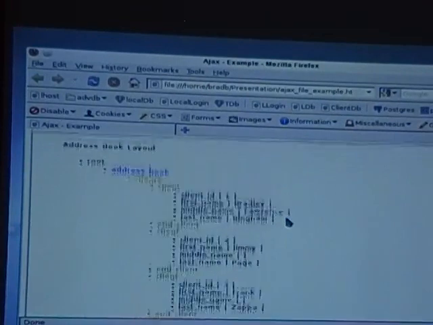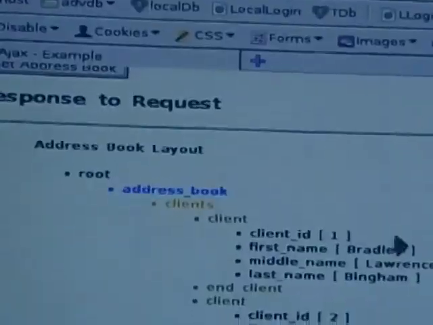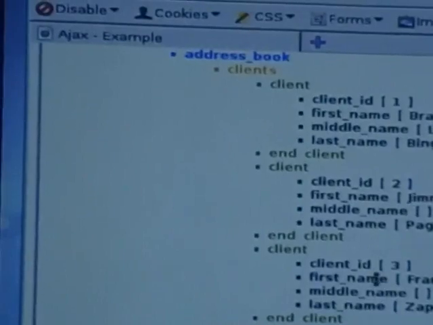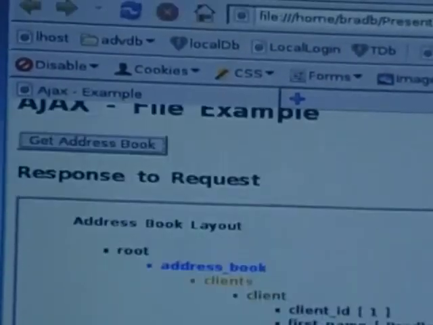This is essentially just a list of that XML definition that I showed you, where the root, the address book, the clients, the client, and then the content of the client are here. So, do you like my names? Jimmy Page, Frank Zappa. Okay, so anyway,